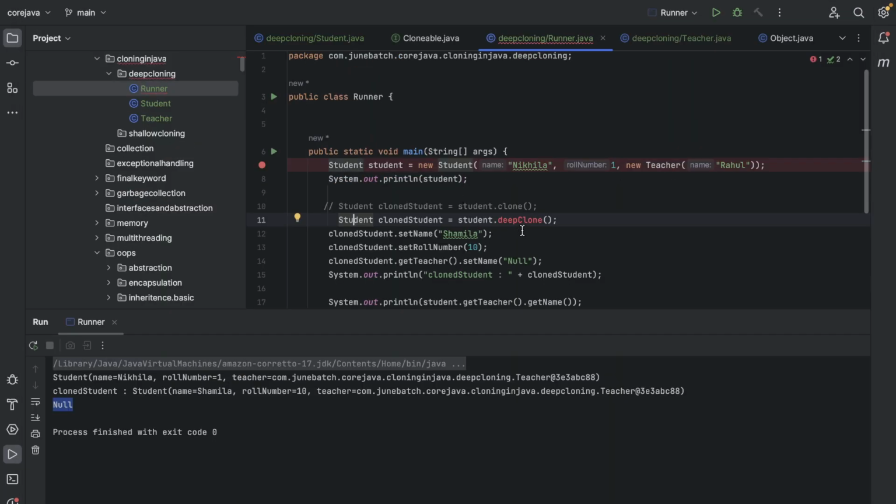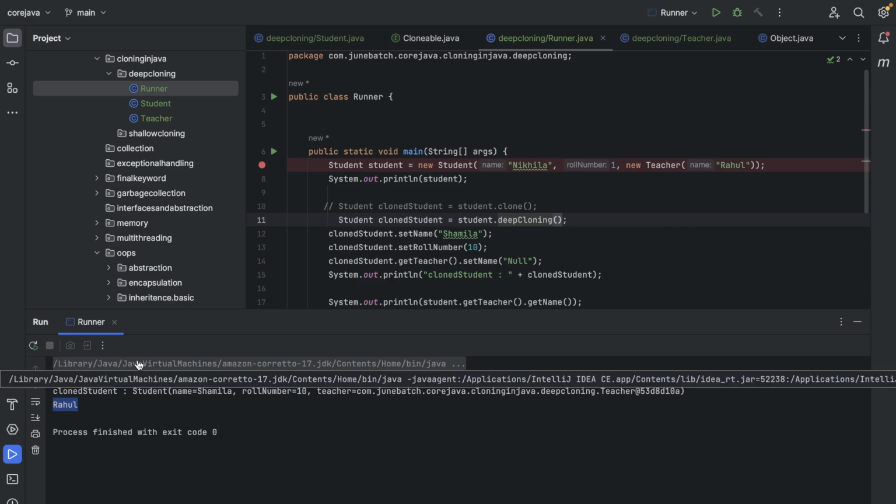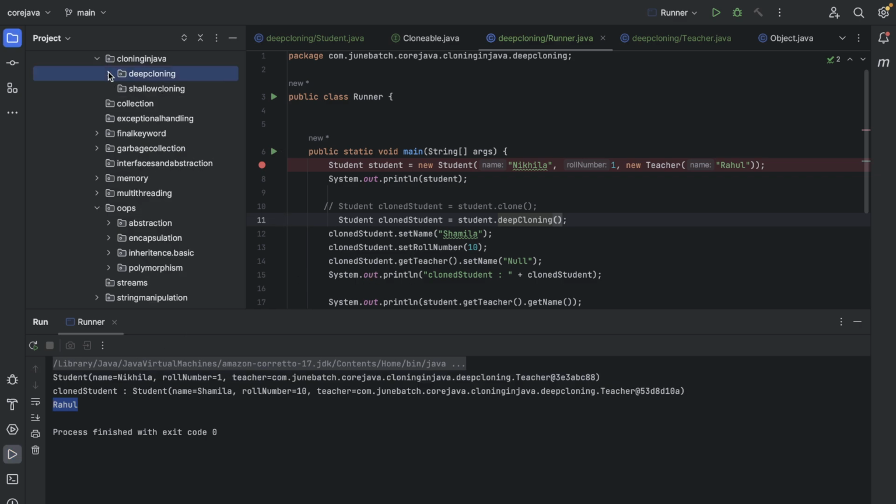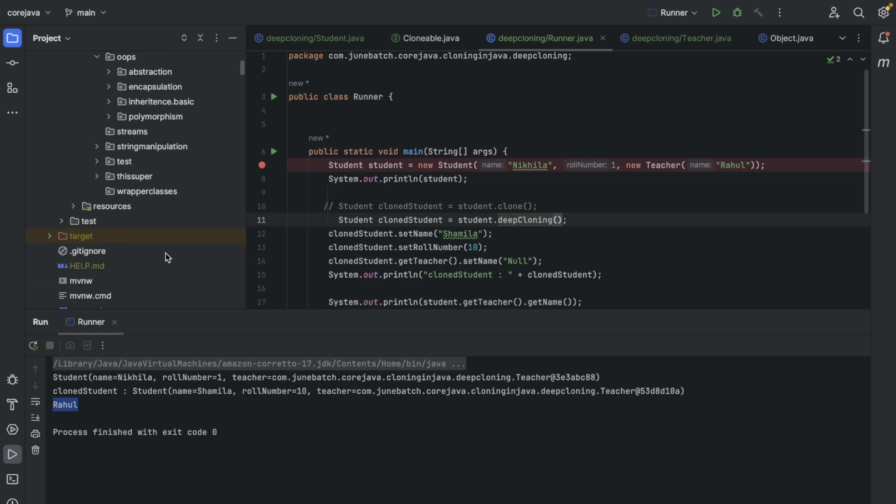So if I do the deep cloning and return, see, earlier in shallow cloning I was getting the same object reference. But in deep cloning, what I will get is a different object, and the student teacher name is still Rahul. Nothing has been changed. So if I want to make an object immutable, there are a few things I need to do. One thing is I should make sure that my class is final, my variables are final, I don't provide any setters,